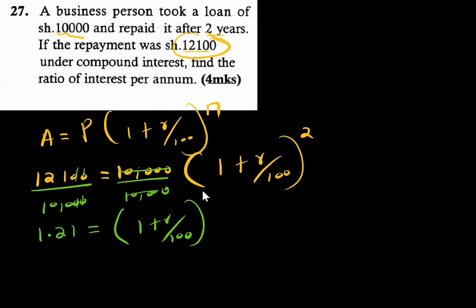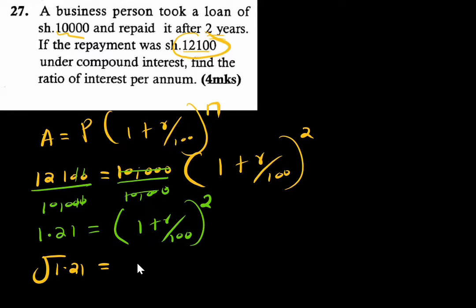over 100 raised to 2. So the power is 2. So to remove this power, because you can see the power is 2, this is a square. So to remove this square on the right, we have to take square root on both sides. So take square root on the left and also on the right. So this is the square root of